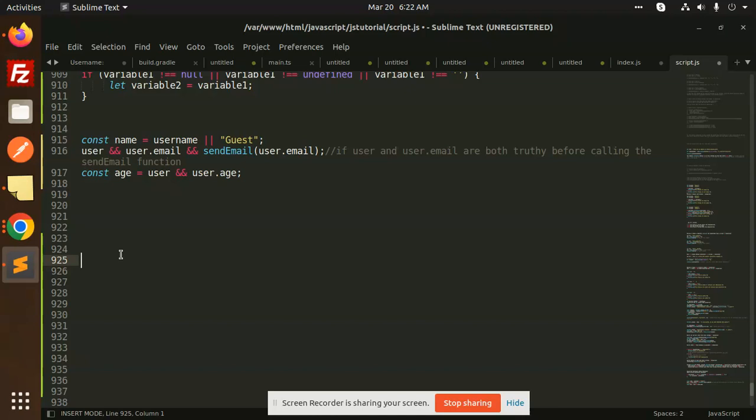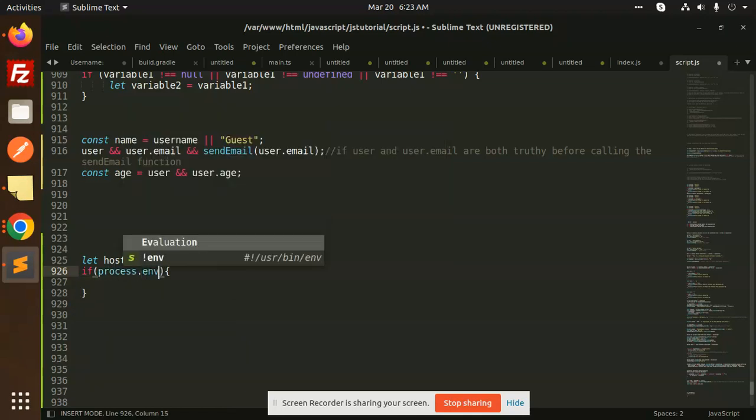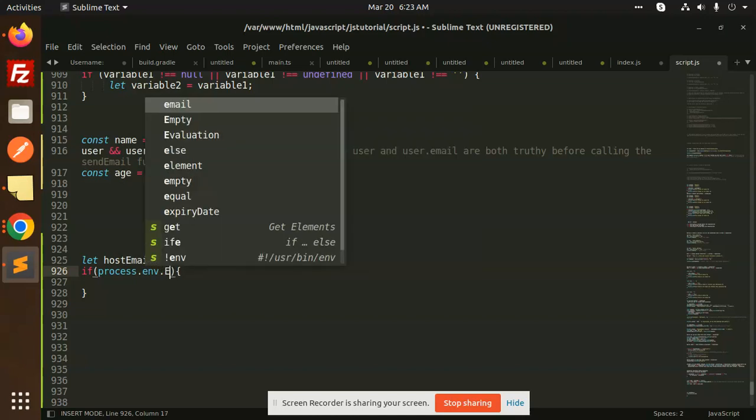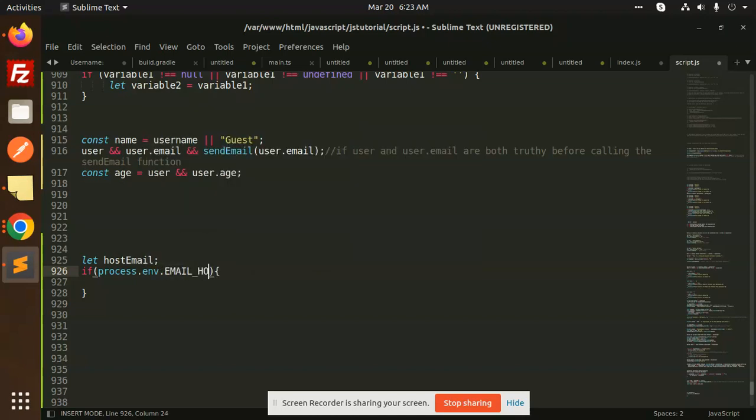Let's suppose we take the example of environment variables, like host email. Let host email be blank. I'm checking it from the process.env file, because the SMTP details are there. So if process.env.EMAIL_HOST is there,